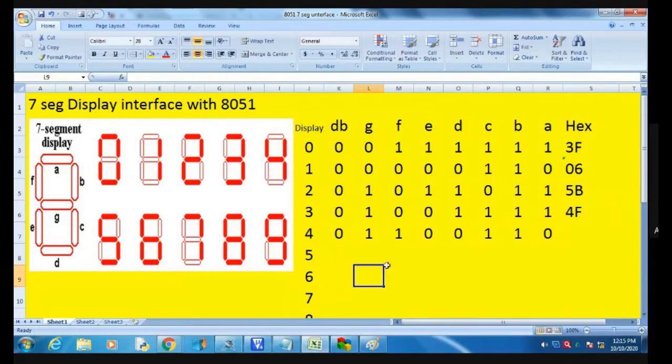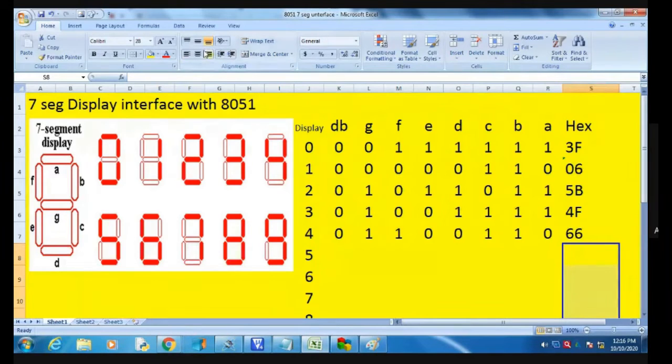DP equal to 0. So it is considered as 6 and 6. So 4 in hexadecimal is 66.